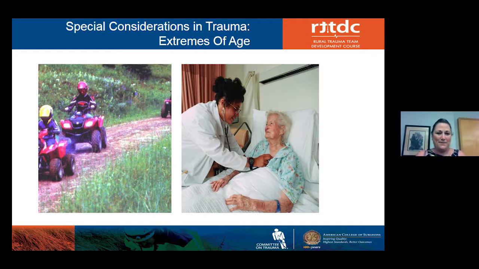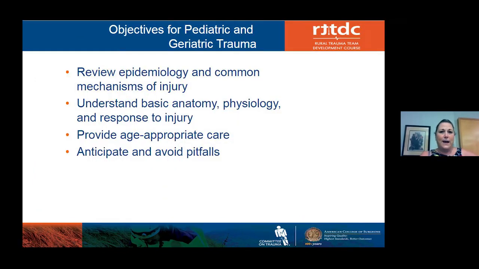So today we're going to talk about all kinds of considerations with our patients with extremes of aging and also the pregnant patient. As we go through, we're going to identify some of the differences that we have. When we're talking about the pediatric patient, we're going to review the epidemiology and common mechanisms of injury. We're going to understand the basic anatomy and physiology and response to injury as it refers to the pediatric patient, because they are not just a small adult, they have some different anatomy and physiology that goes along with their injury. We're also going to look at appropriate age care that we are going to provide at our facilities and anticipate and avoid the pitfalls that come along with this